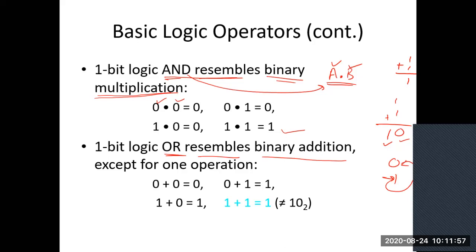Whatever voltage you are having at 0, you can neglect that. So whenever you are having nothing or nothing, you will get nothing as the output of the OR gate. In the same way, nothing plus something, you will get something. Something plus nothing, you will get something. Something plus something, you will get something. That something is 1. So remember this: the OR gate resembles binary addition, but binary addition and OR logic operations are different. It is resembling only.